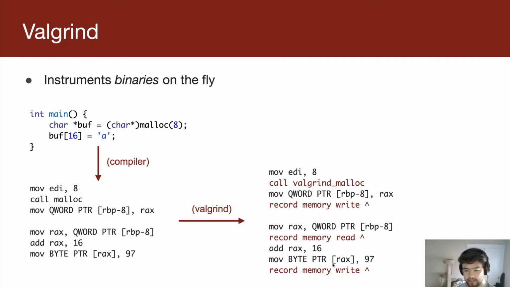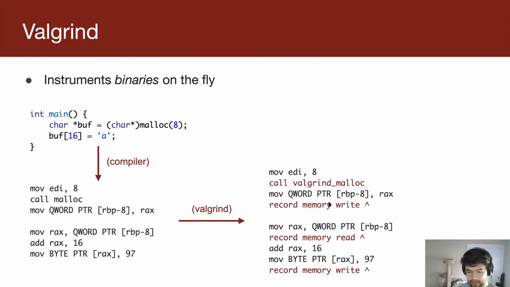So when you actually go to run this assembly code, you allocate some memory, that's cool. You store the returned pointer in memory, so there's a memory write, that's cool. There's a memory read here, that's fine. We haven't done anything bad yet. And then this last line here, I should point things out in this code. We're allocating a buffer of size 8, and then we're writing to the index 16, which is obviously out of bounds. And so Valgrind should complain about this.